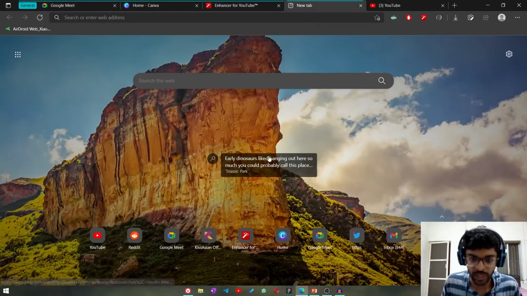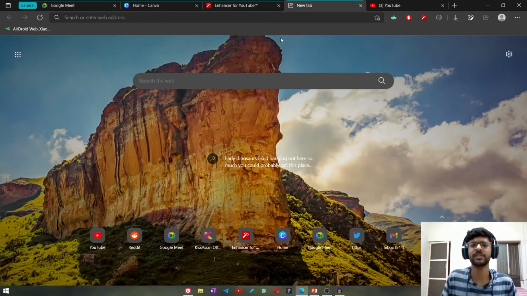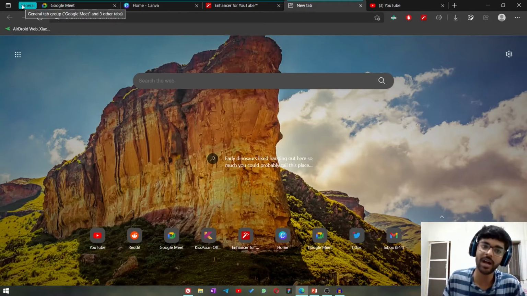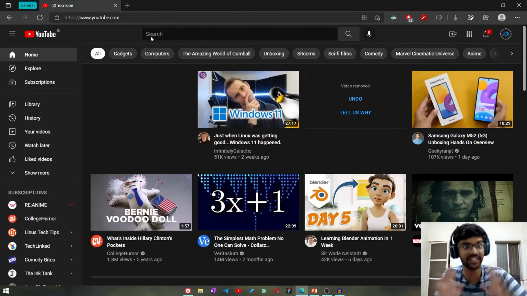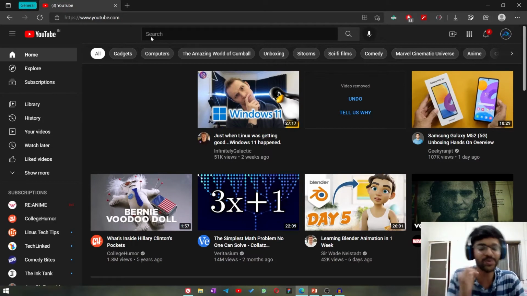Let's say I go to the new tab over here, right? Let's say I'm in the new tab. This is taking up a lot of space, you might have noticed. What do I do now? You just tap on the label and it gets minimized. It's so good. This is so good. I mean, admittedly it's not as good as Vivaldi's double tab bar layout, but it's still pretty good.